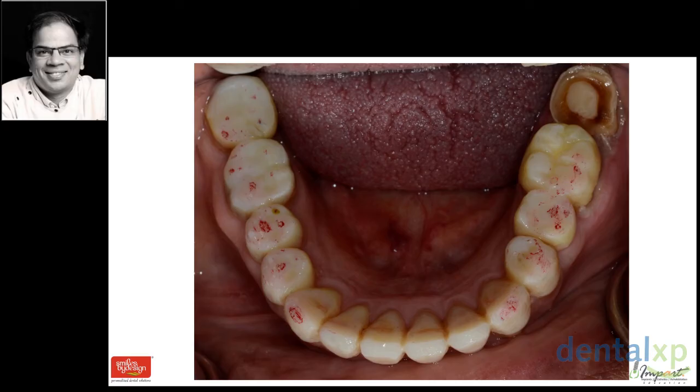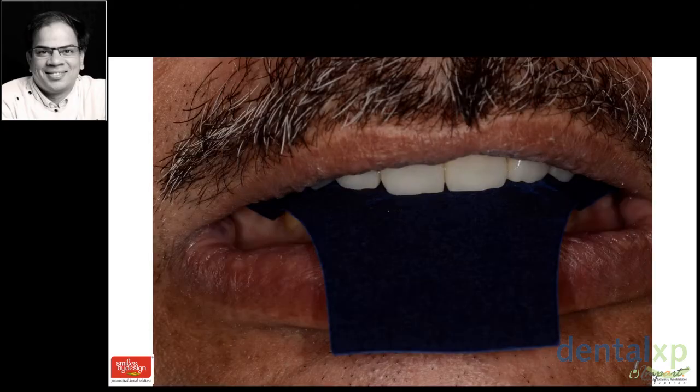I'm not going to extract it because I can always extract it later if it doesn't work and put an implant. The patient is willing to take that risk, although it's at a high biomechanical risk. If it fails later, I can always do an implant there and not have to change anything else in the dentition. So my MIP contacts in provisionals are done, and at this point I will ask the patient to be upright on my chair and use a 200 micron paper to do the chewing pathway adjustments.